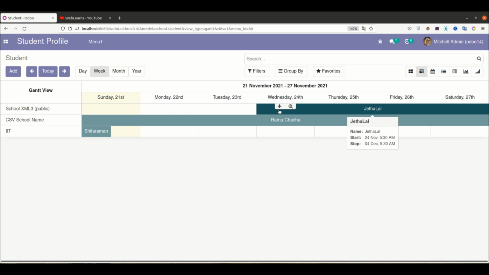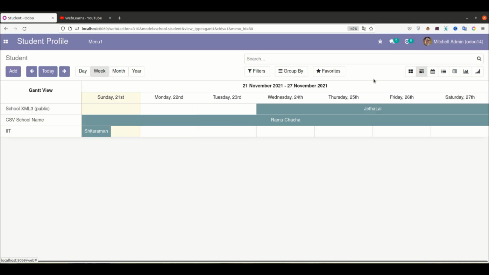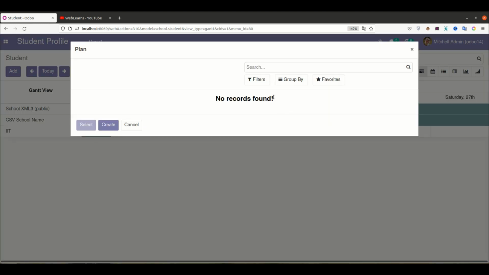Let's say I want to create a record for this 24, so I click this plus button, and you can see it will automatically add 1124 and 1123 like this. Then you can see this search icon; whatever record is displayed for the current date is displayed here. By default the record is not available, so it displays as no record found.